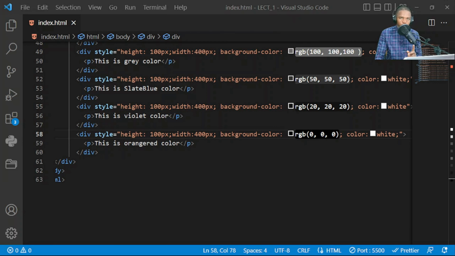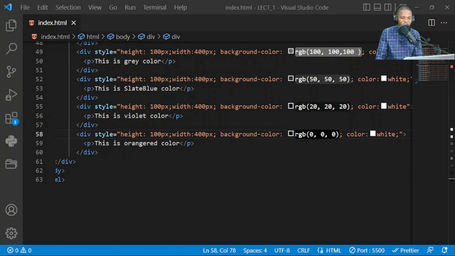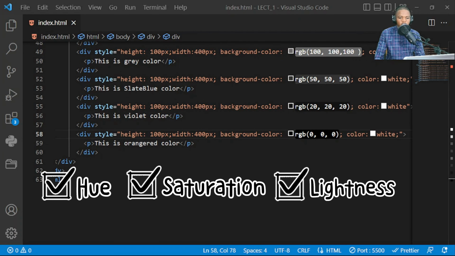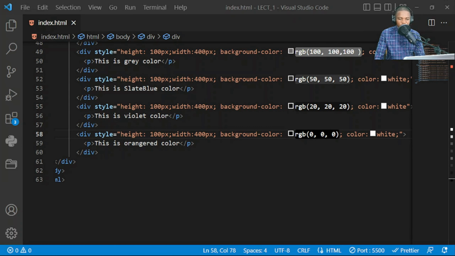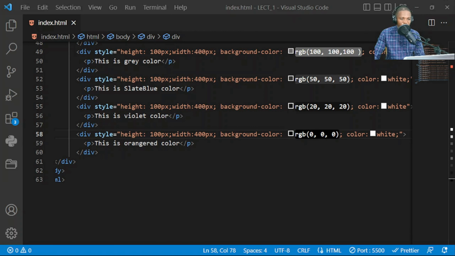Now let's go to the HSL color system. The H represents hue, the S represents saturation, and the L represents lightness. And the HSL system also has, like the RGB, an HSLA system. We had RGBA, and we also have the HSLA system. So in the text editor, write